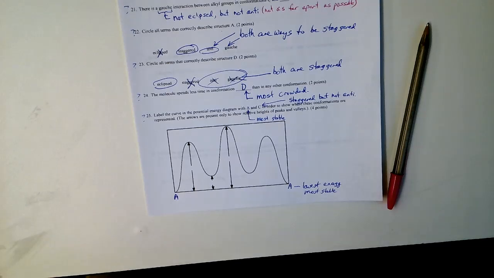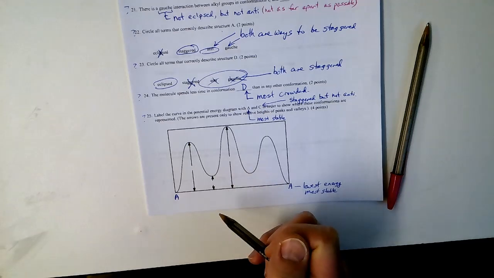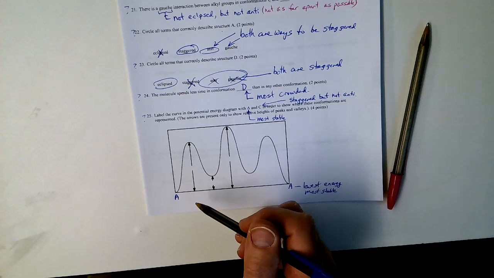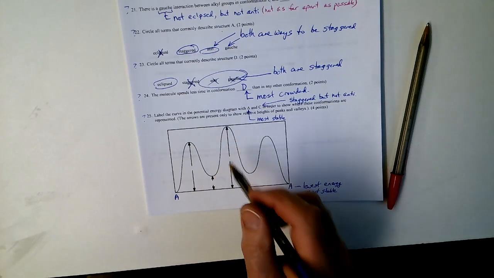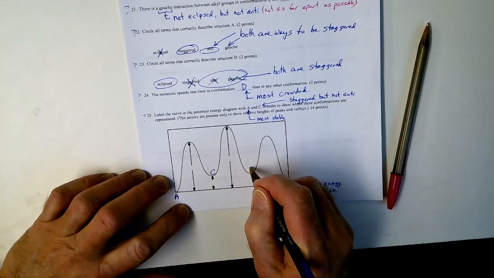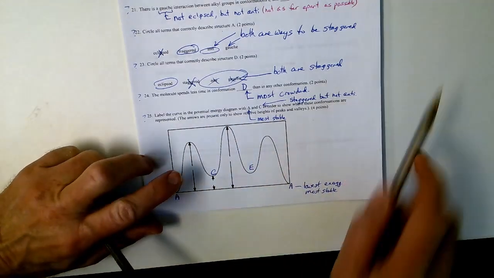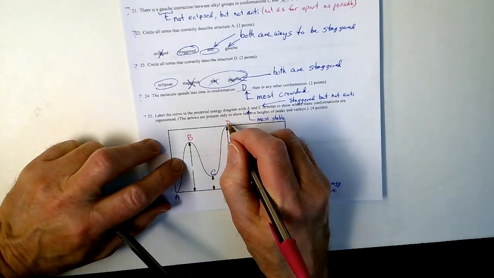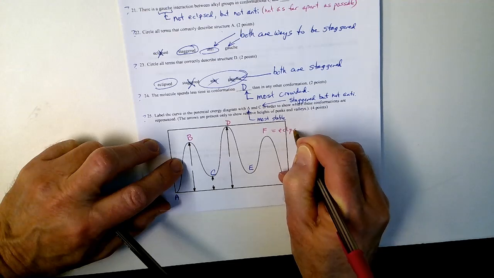And then you're left with just a few points. If you had to guess, would you put C at the top of a hill or at the bottom of a hill? I should say the top of a hill or a valley. C's in a valley, right? It's more stable than some of the other awkward things. So C would be there, and what was the other one? E. C and E, and then in the middle, your hilltops. What are those? B and D and F. Those are the ones that are awkward.